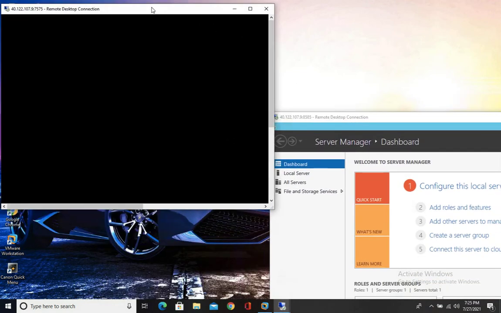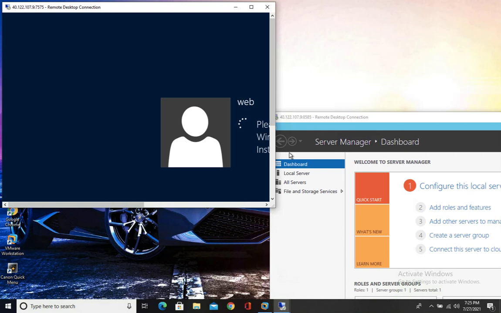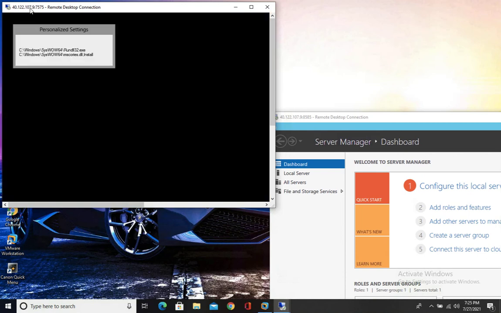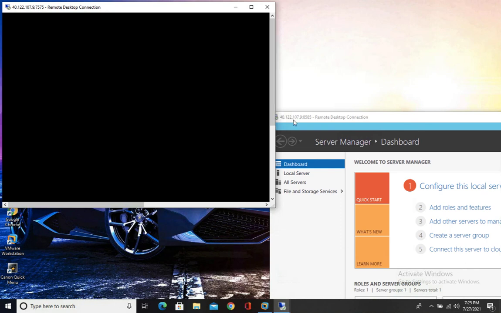Okay, so now we are able to access both virtual machines' RDP by using the same public IP address, 40.122.107.9, with colon 8585 and colon 7575. So I hope all of you understand.